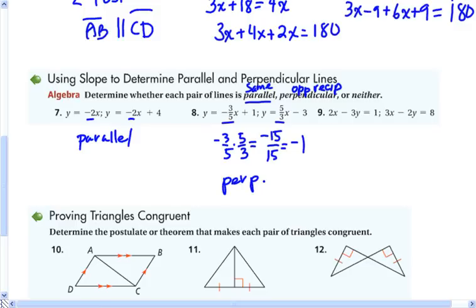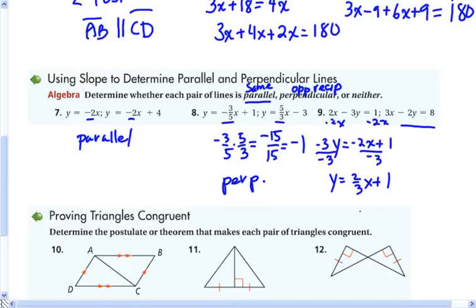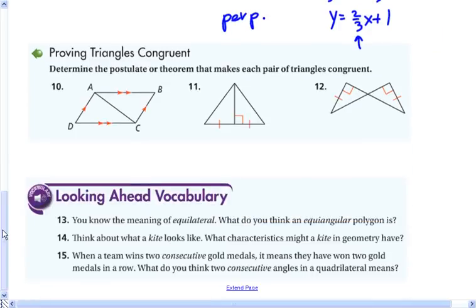And then this last one, if we rewrite these, and I'll let you do the second part of this, so if I subtract 2x from both sides, then I get -3y is equal to -2x plus 1, divided by -3, and I get y is equal to 2/3 x plus 1. Likewise, simplify the other one and check out the slopes, see if they're the same or opposite reciprocals. To prove triangles are congruent,